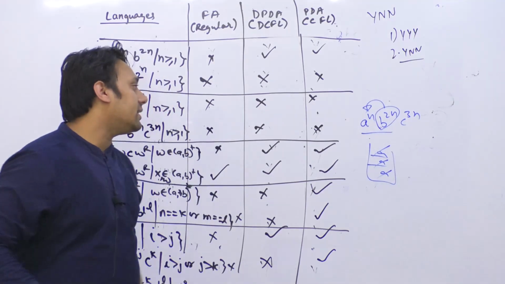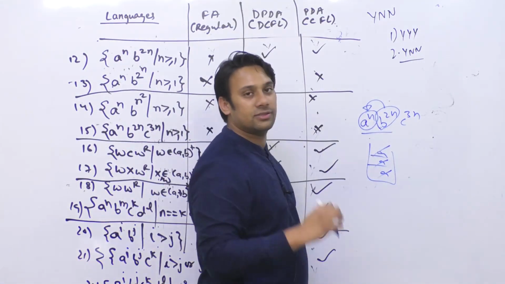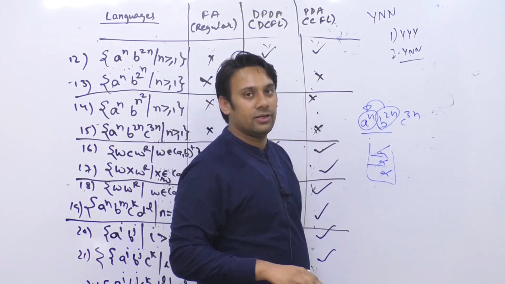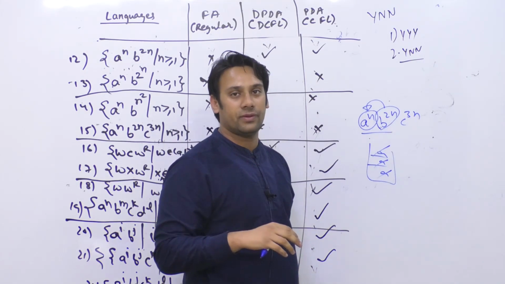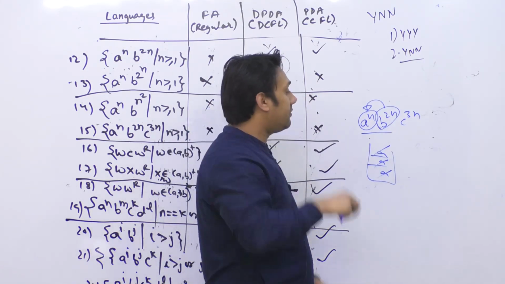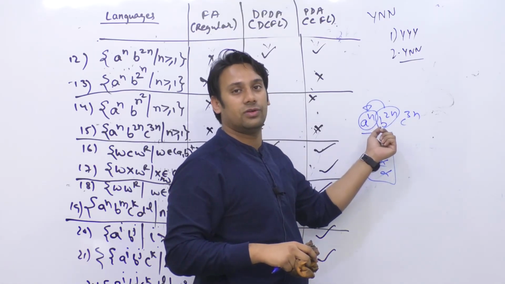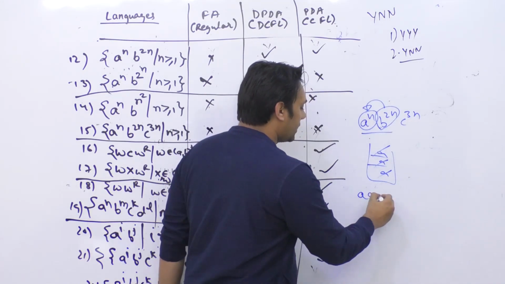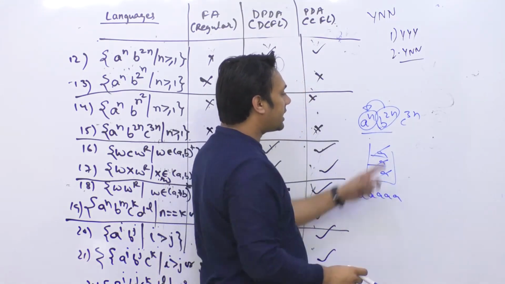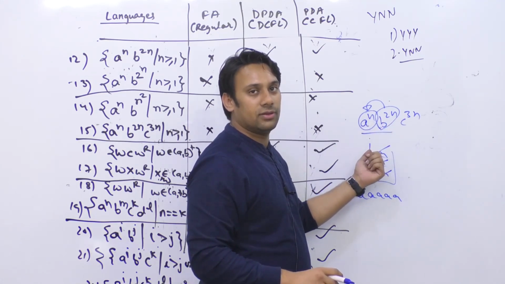So some student might say, sir, let us do one thing: whenever you have an A, insert 5A, correct? And whenever you have a B, remove 2A, and whenever you have a C, again remove A, right? So some student might say this, but the problem is when you insert 5A, it does not guarantee that the number of B is double as compared to the number of A, correct?